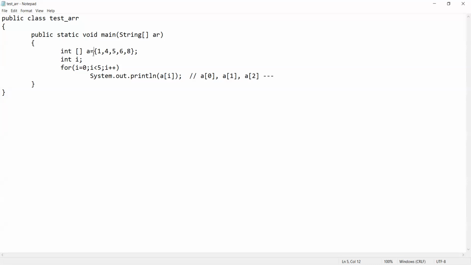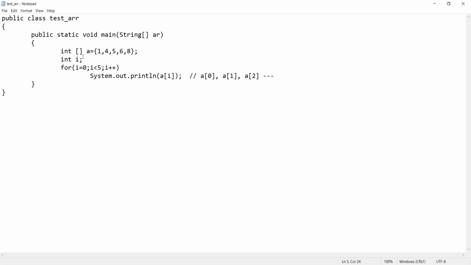Now, if you wish to create more space in the array, for example, right now the array is of 5 elements, and you now want to make it 10 elements or 20 elements, then you have to create a new array. This current array cannot be modified with respect to the space, right? So this is the main drawback of the array, that it is a static memory allocation.